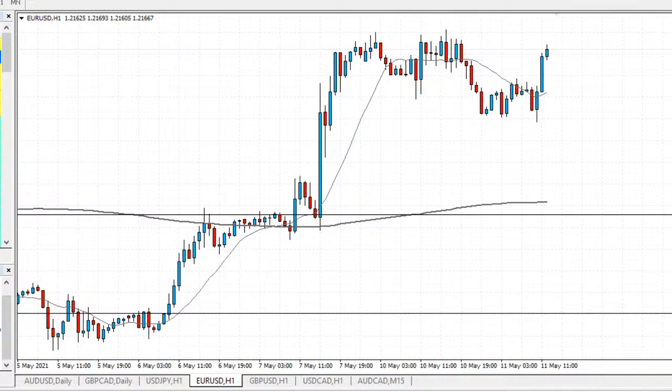I think EURUSD is still on its way up, so not really too interested in sells, and if I do any sells, they've got to be very short-term, because I feel like the bigger moves are definitely to the upside. So if you do see buying opportunities, you can look to capitalize on them quite well for EURUSD, and maybe hold on for them a little bit longer, because I feel like the higher time frames are very